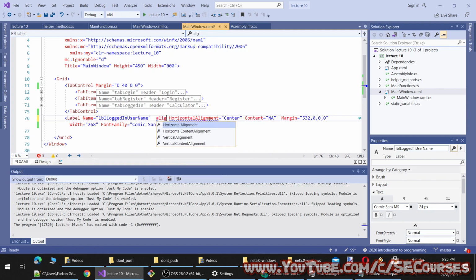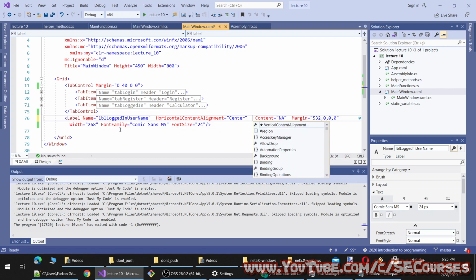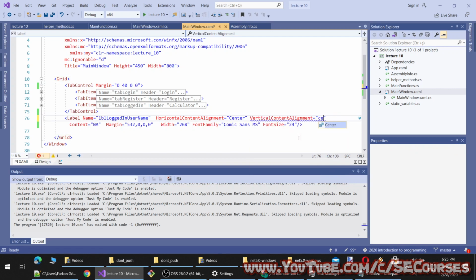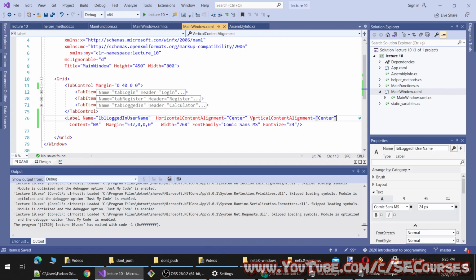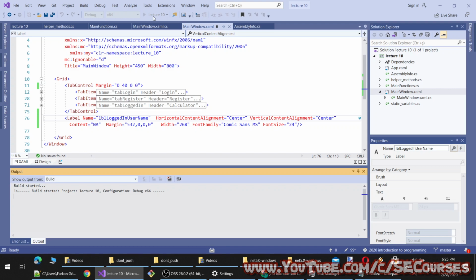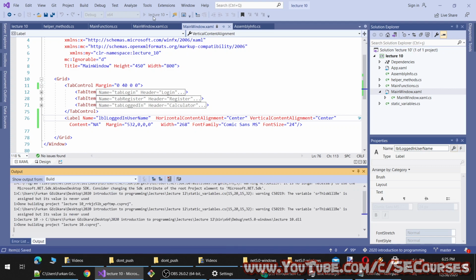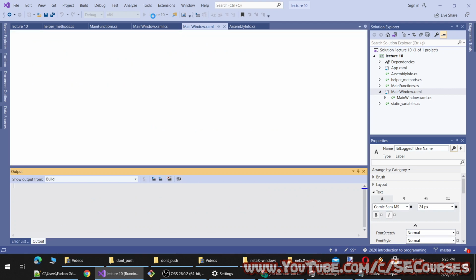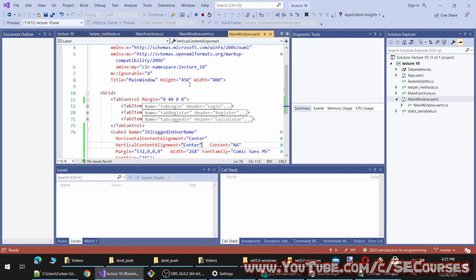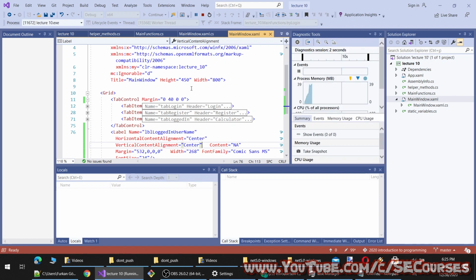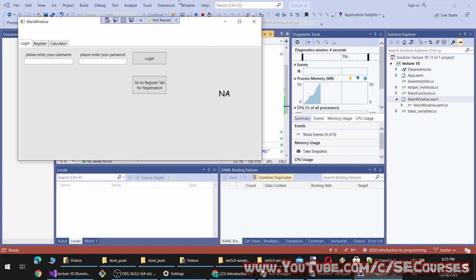Okay, horizontal content alignment center and vertical content alignment center. So this should align the content itself, not the label itself. Oh, still like this.